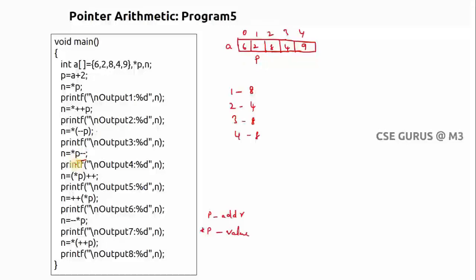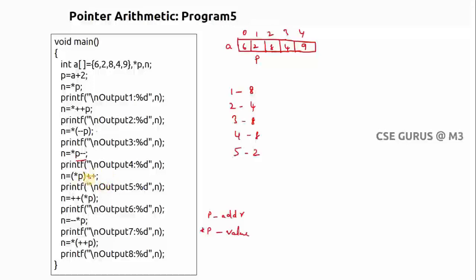Now you can see the next one. I'll come to here, output 5. Here (*p)++. Now you can see, in our previous one I told you first increment has to be done, this operator has to be done, but there are braces. You have to give priority to the braces. Now you can see what is *p. First you need to consider what is *p. 2. Now is it a post increment or pre increment? Post increment. So that's why the value will be assigned. So what is the value of *p? The value inside it is 2. So that's why the output 5 is 2.